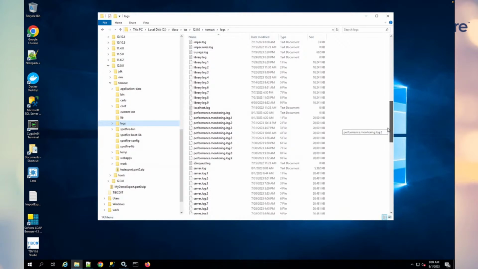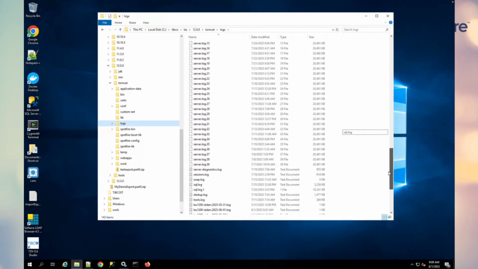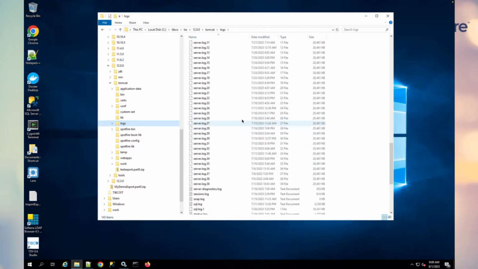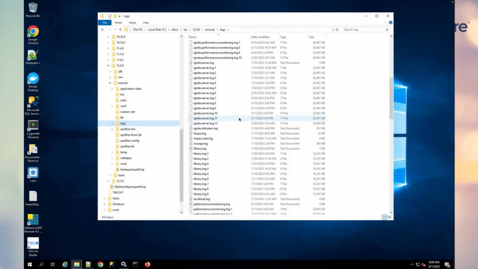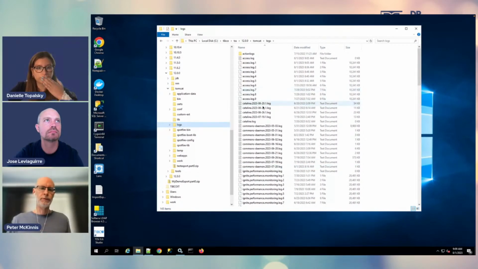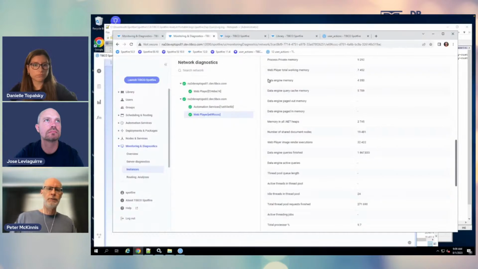The other log that I find useful in here is a SQL log, and this gives the SQL that is run by information services, the actual query that's sent to the data sources. So this can be useful if you're having to debug or see what's going on with an actual query that's being run. Again, there's a lot of other logs in here. Sometimes you might need to look at them as well. Spotfire server runs on Apache Tomcat, so if you're familiar with Tomcat, some of these are Tomcat logs that are visible in there.